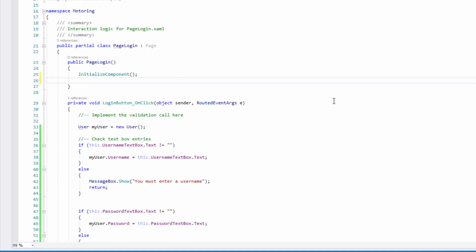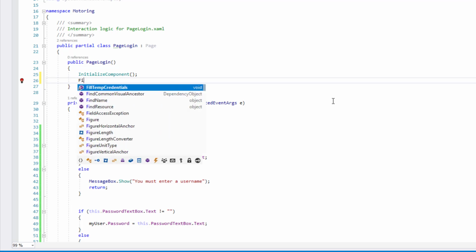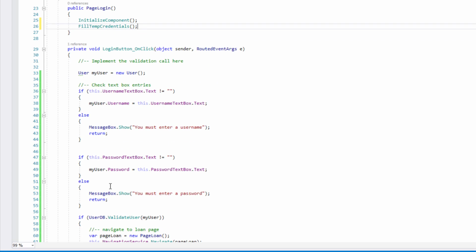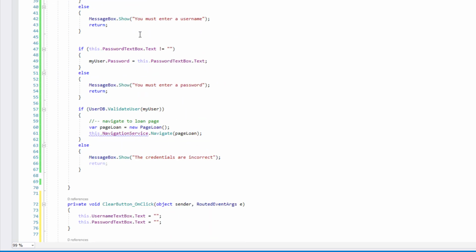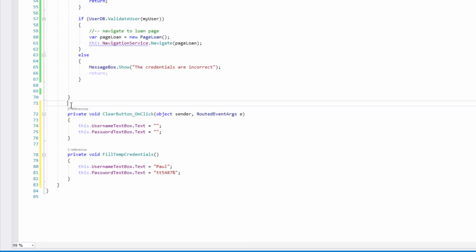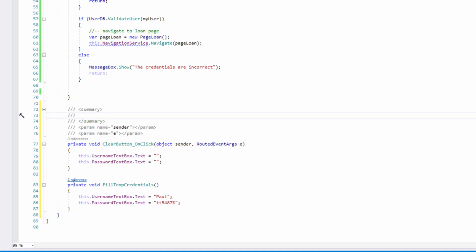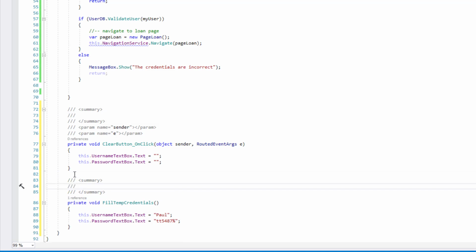And then simply when we launch the page, we do fill temp credentials, and that will run. Now I'm not putting any comments here just yet, so we should do that. So I'm going to do there. So I've got that, and I'm using the three slashes to do that, and I'm going to say the purpose for this is